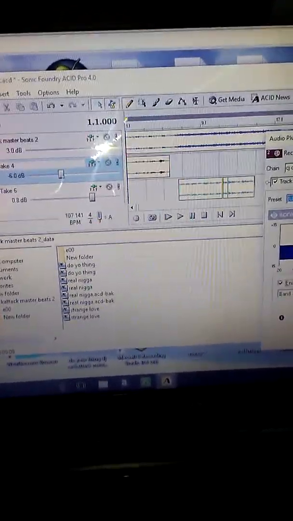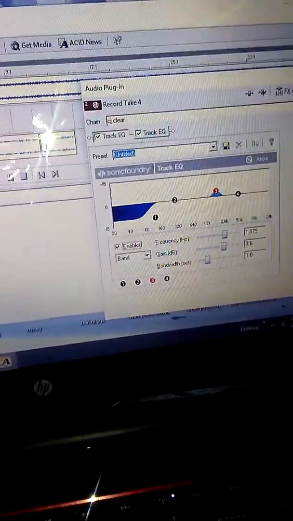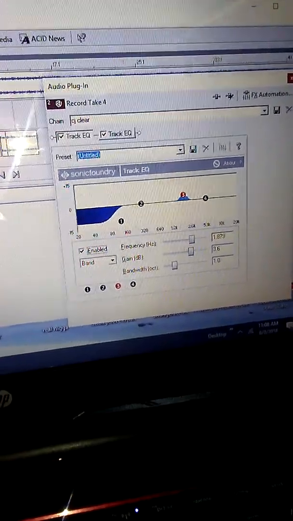4.0, that's 4.0, and Track EQ that I use. See, with Track EQ, you lower the bass frequencies to around 100 hertz and boost the mid frequencies to about 2 hertz, and then to make your vocal track that you got sound as clear as possible and crisp and clean. And this is what it look like when you do it.